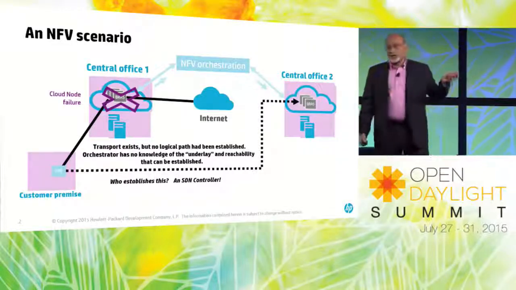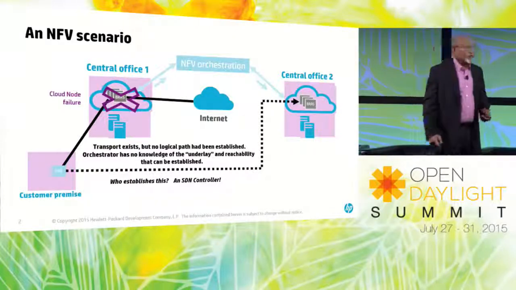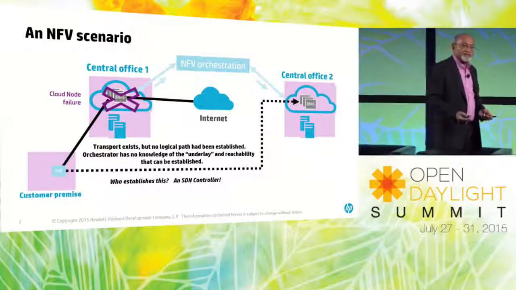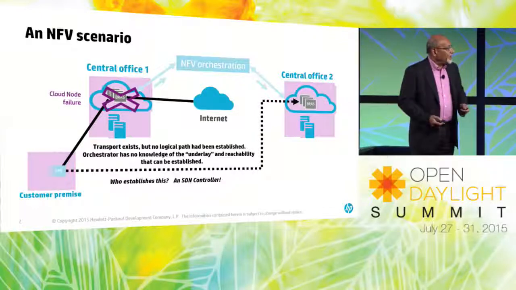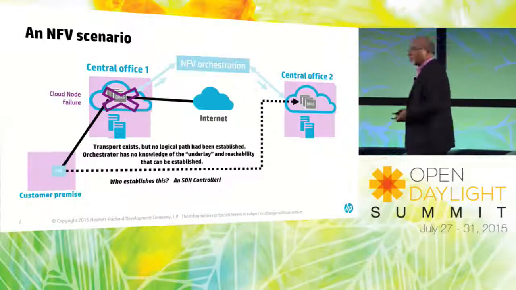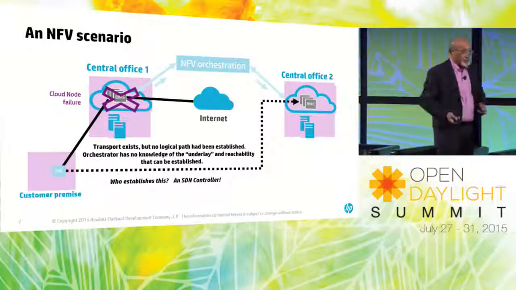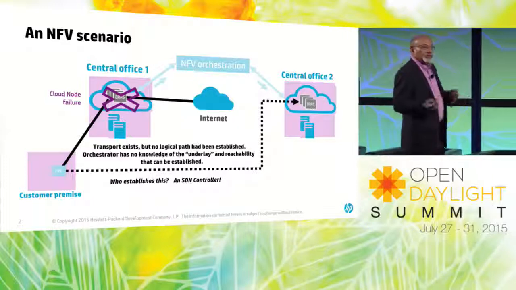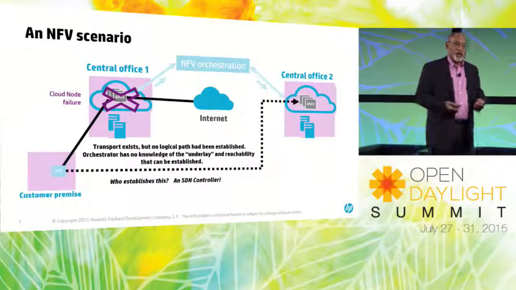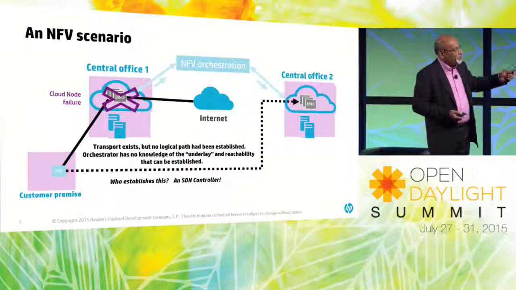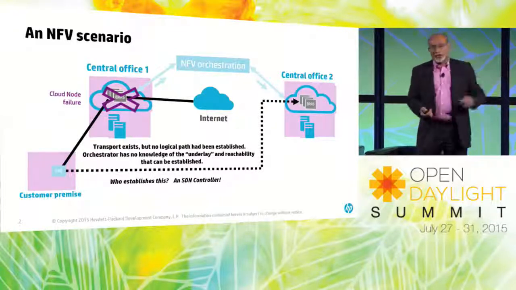How do you know that there's reachability from the customers who are accessing that device to that other central office? The orchestrator has no knowledge of the underlay. So somebody needs to do this. And typically we think of an SDN controller as something which has knowledge of the network below and is able to set up the paths. But should it be doing this independently? And does the orchestrator need to know that there's reachability to certain central offices but not to others perhaps? And it needs to establish things in a particular place.